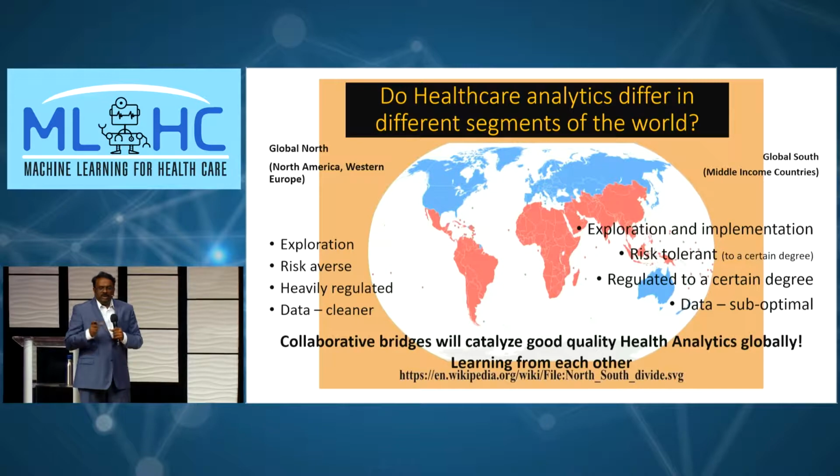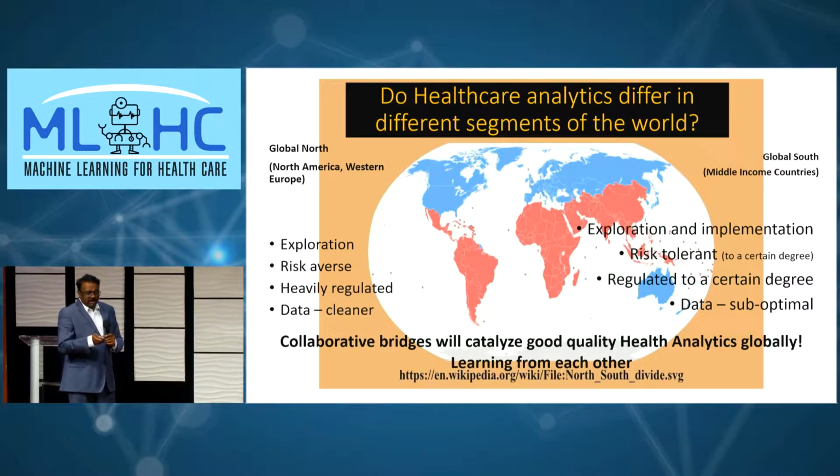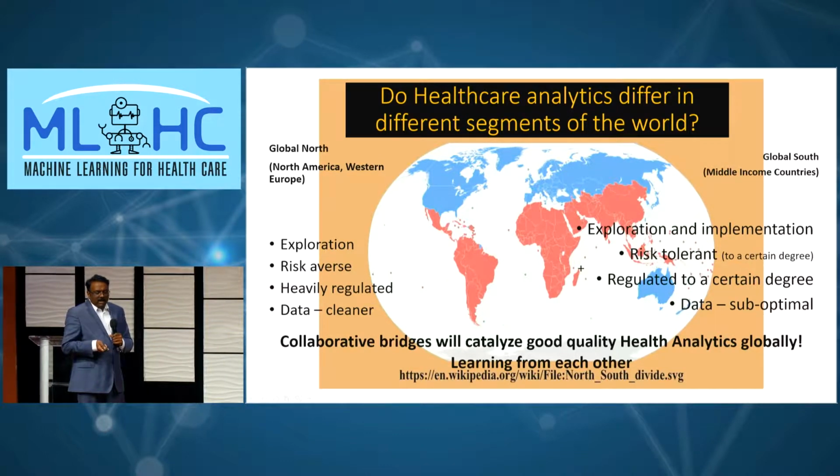I do think that machine learning exists and can be a very helpful factor even in low and middle income countries. I wanted to put this up to show the major differences. What is marked in blue is the global north, and what is marked in red is the global south. Machine learning does exist in many of the middle-income countries, like India and China, for instance. And there are distinct differences between machine learning and what we call AI in the healthcare field between these two